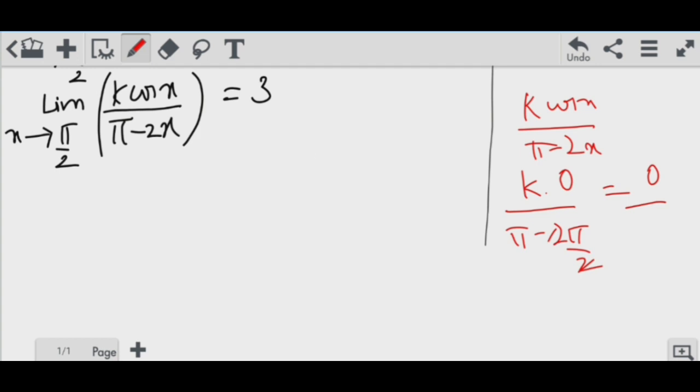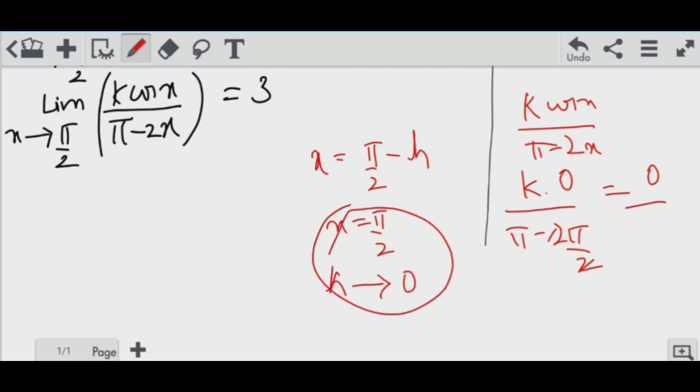So instead of that, you can take x is equal to pi by 2 minus h, which is the actual definition of left hand limit. So I'm going to substitute x is equal to pi by 2 minus h. You can also try with x is equal to pi by 2 plus h, you get the same answer. So here I will be making use of x is equal to pi by 2 minus h. Whenever x approaches pi by 2, h approaches 0. So I can make use of this condition whenever I substitute x is equal to pi by 2 minus h. So this value becomes